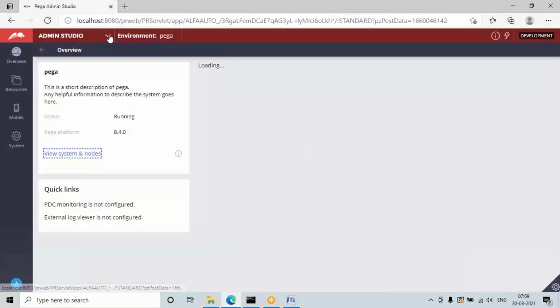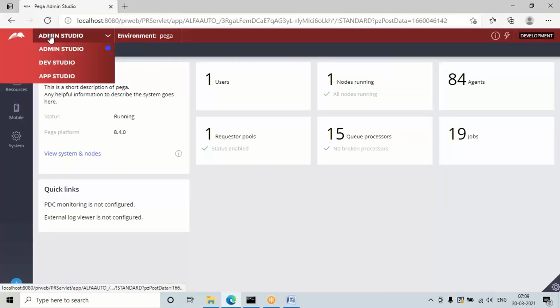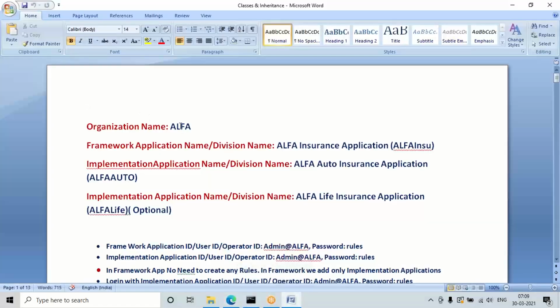Whenever we log in, it will open Admin Studio first, and from here we need to switch to Developer Studio. Basically here the organization name given is Alpha, and the framework name given is Alpha Insurance application.